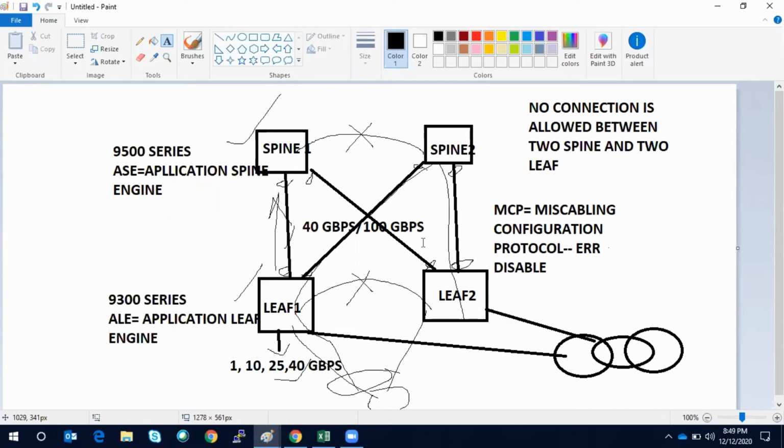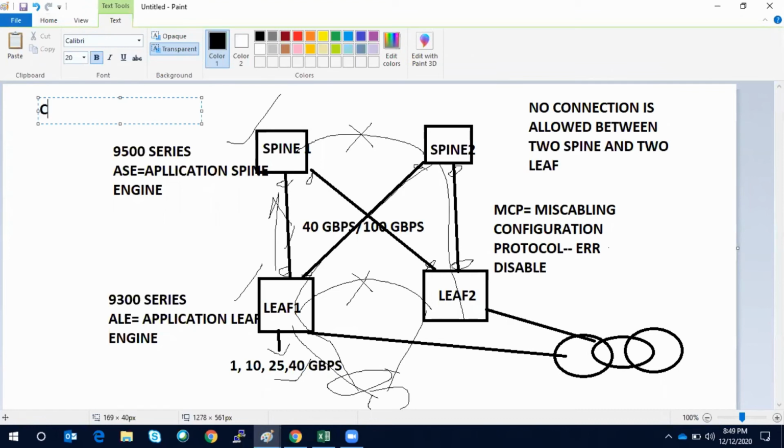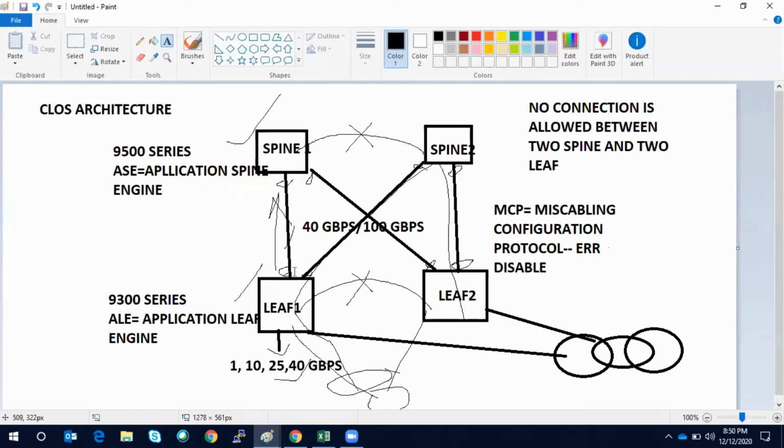Okay, now let's talk about the Clos architecture, which is this guy. This architecture where you connect the leaf to spine and spine to leaf is also known as a Clos architecture or spine leaf architecture.